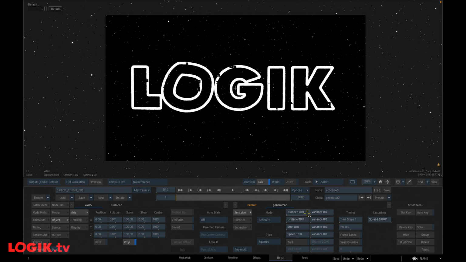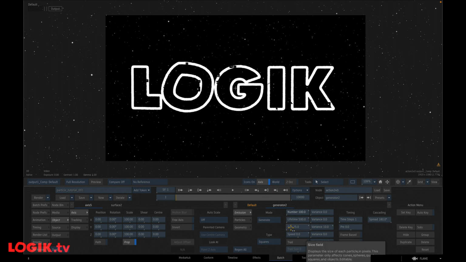I want to have 25 for size, and the variance of 10. The speed should be 0. Their lifetime should be 500. And I'm going to generate 100 particles per frame, but I'm going to fade them in and out,